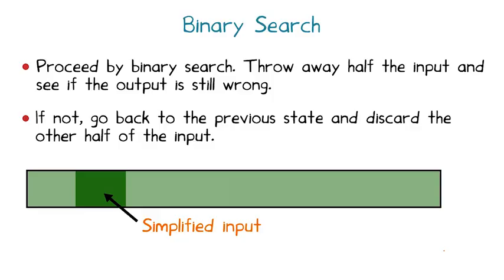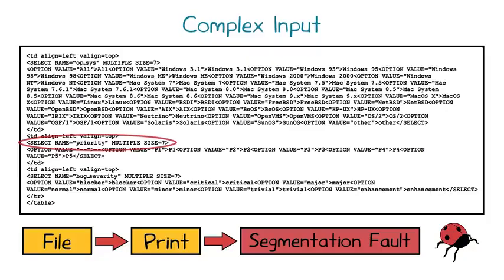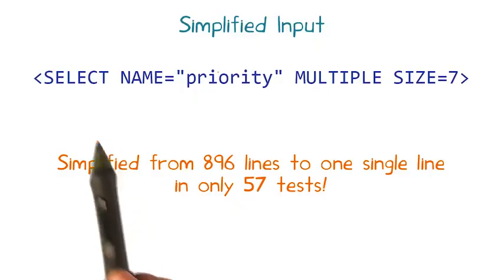The simplified input is this dark green portion of the bar, 1/8 the size of the original input, which is good progress. We can apply the binary search algorithm to minimize the number of lines in the HTML input that we saw earlier, the one that crashed Mozilla's web browser. We'll assume line granularity of the input for this purpose. That is, we will only partition the input at line breaks. The algorithm outputs the following line, simplifying from 896 lines in the original input to this single line in only